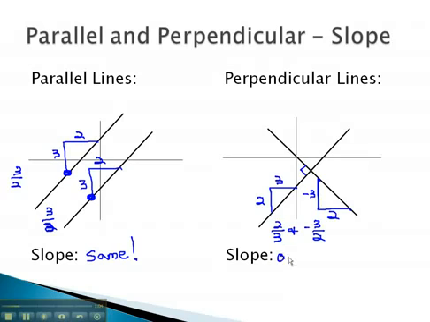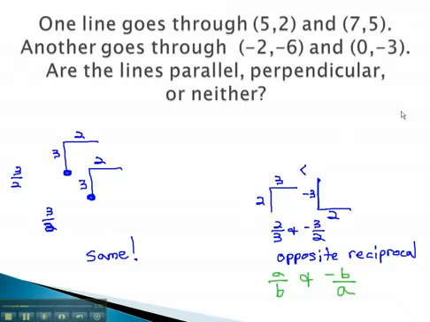Perpendicular lines have what are called opposite reciprocal slopes. This means one is positive and one is negative, and we flip the fraction over. So if one line has a slope of a over b, the perpendicular line will be -b/a. Knowing these relationships, if we know the slope of two lines, we can identify what type of relationship we have